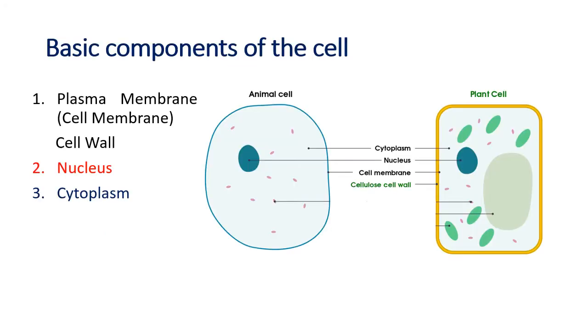The components of the cell, which we saw yesterday, are the plasma membrane, also called the cell membrane, which is there in the plant and animal cell both. A cell wall, which is present only in the plant cell. The nucleus is present in both the cells, and we have got cytoplasm, the jelly-like substance, which is shown in the light blue color, between the plasma membrane and the nucleus.